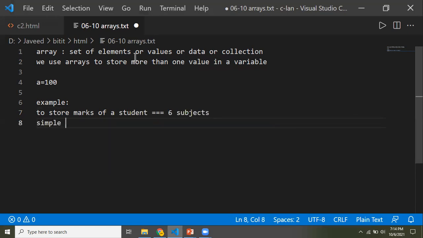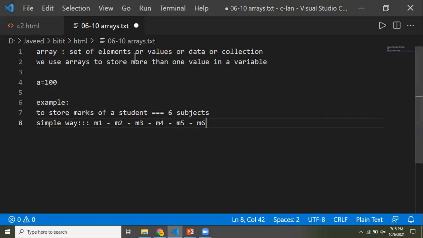The simple way of doing it is to have 6 variables. I'll take the variables like M1, one subject, M2, another subject, M3, another subject, M4, M5, and the other one is M6. So I'll be defining 6 variables to store the 6 marks.